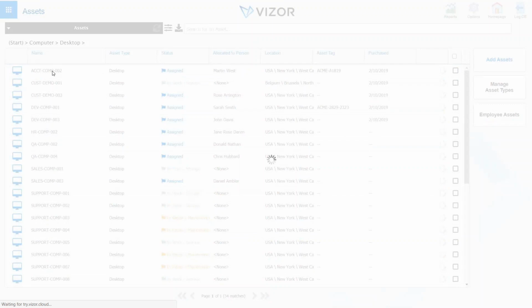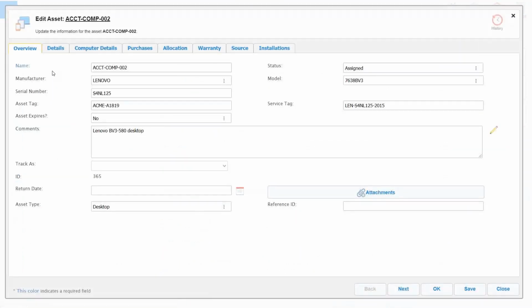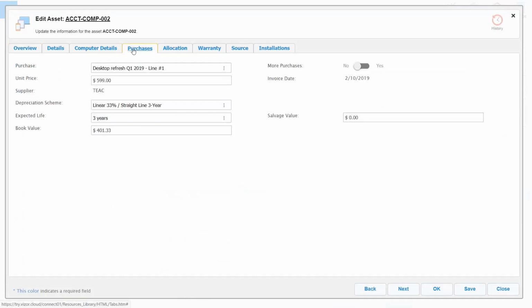Yeah, so there's been some significant changes to how we're managing purchases with assets in this release. So in previous releases, the purchase information for an asset was at a per asset level, which could have the possibility of duplication of information. So now we're linking an asset to a purchase record, which is much more similar to how we handle purchases